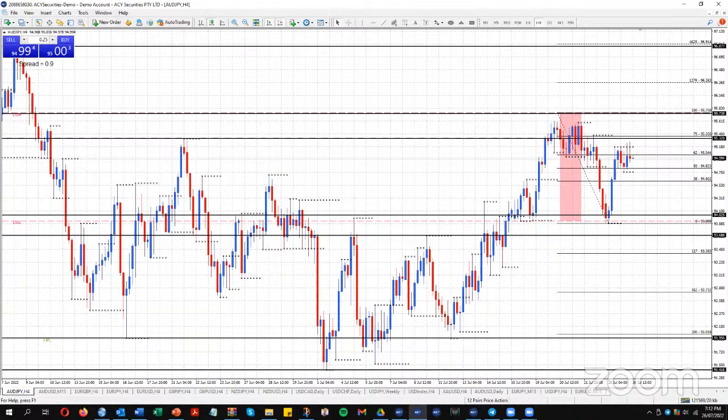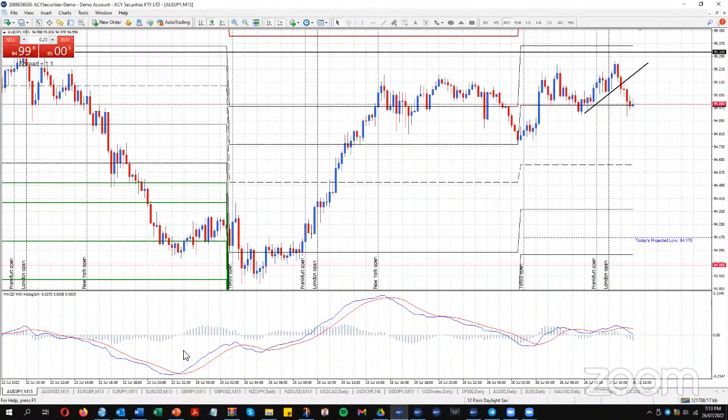I know you said you sold at 95.65, took profit. So you sold up close up here at the failure last week. We talked about that last week. And you took it off at 94.49. All right, well, that was good effort. So just waiting to see if this can get into that 79 area, the daily resistance area or not. As I say, if it doesn't, on my other charts, then